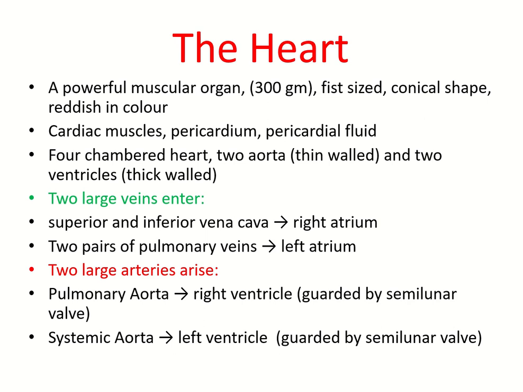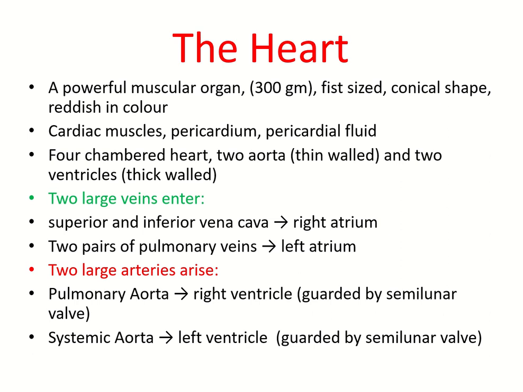It is covered by a membrane called the pericardium, inside which a fluid is found which keeps the heart moist. Also, it protects the heart against any physical trauma, and that is called pericardial fluid. So you can say the human heart, or mammalian heart, is four-chambered: two atria which are thin-walled and two ventricles which are thick-walled. The atria are thin-walled because they always receive the blood, while ventricles are thick-walled because they are always going to push the blood.